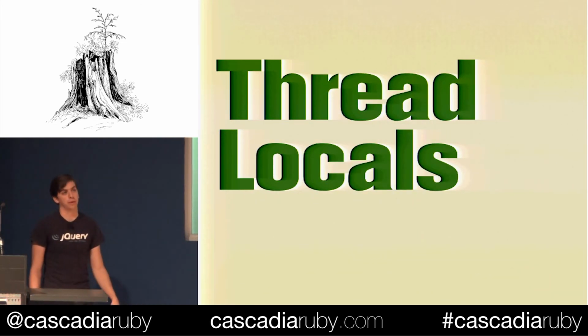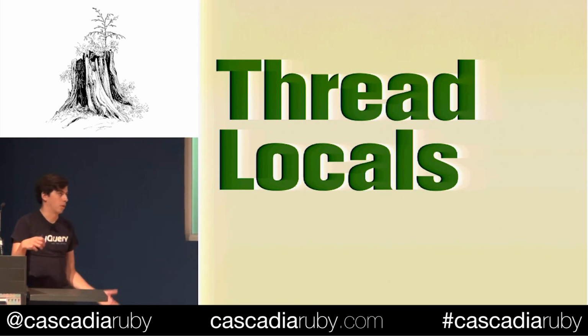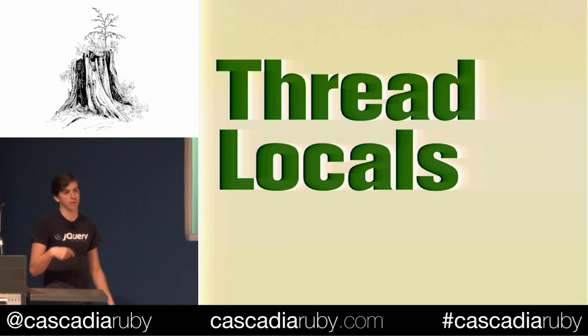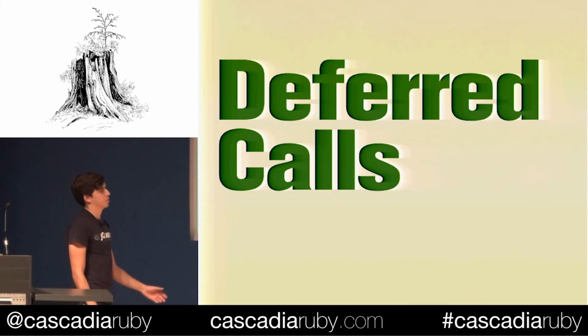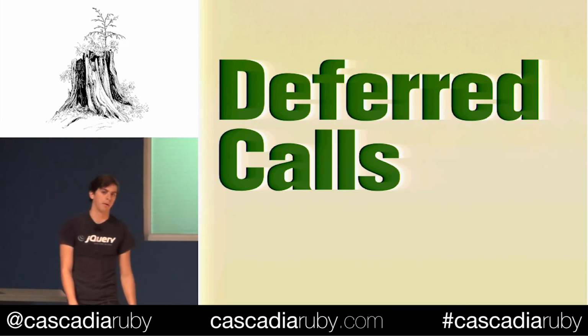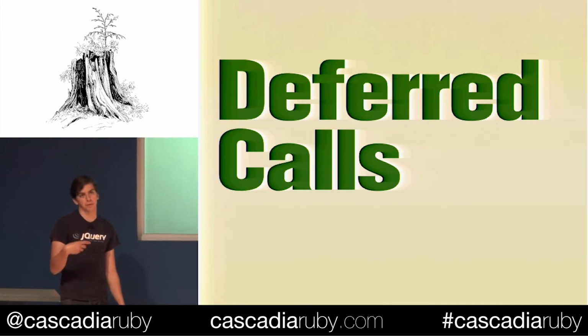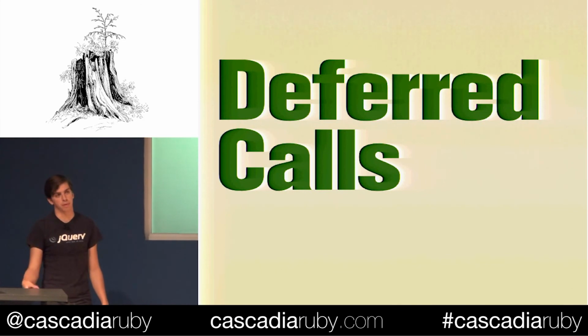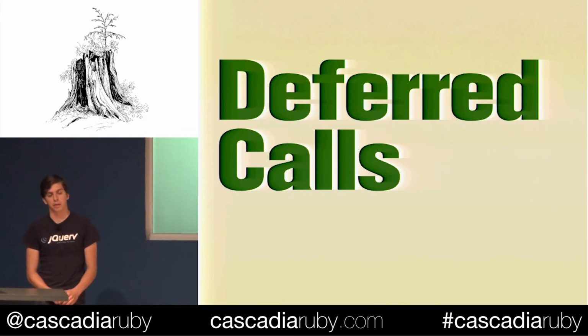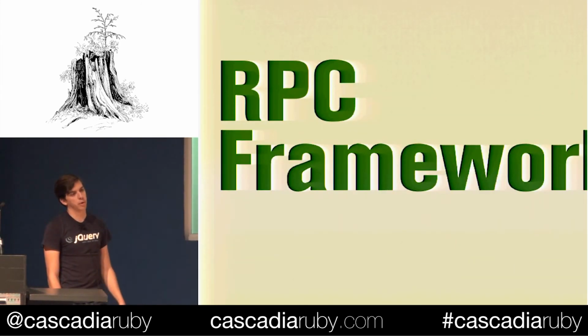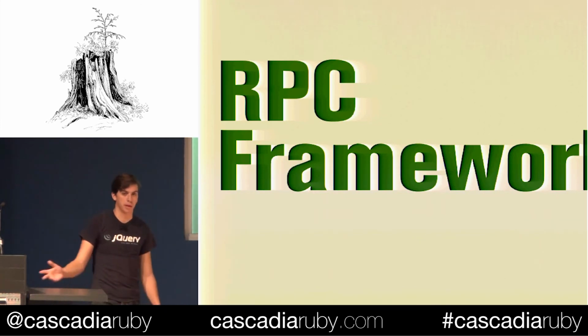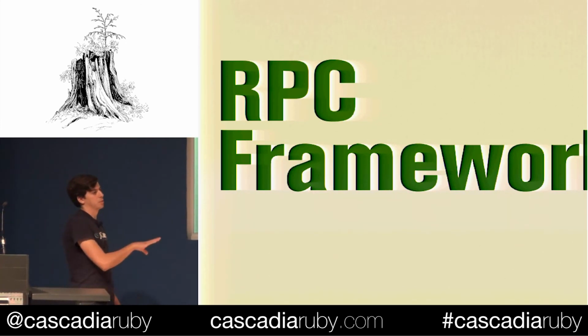They advocate storing their, they call them connection IDs, but they store them in thread locals, so that they're accessible across their entire request. For all their deferred calls, their async calls, in Google's case, as far as I can tell based on the paper, these are mostly background threads, not rescue type things, but they still use a consistent system for making those calls. They can then add that connection ID back into those, so they're always there. They have a consistent RPC framework that they use to make all of their backend calls across all of their different technologies. This works for Java, C++, and Python in their environment. And so they only had to instrument those 3 different RPC libraries